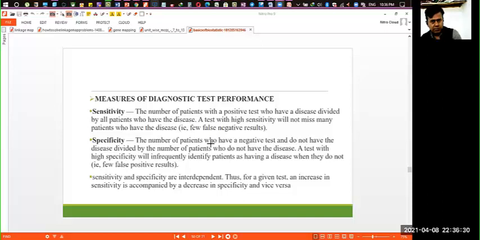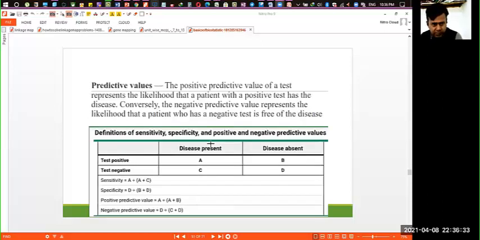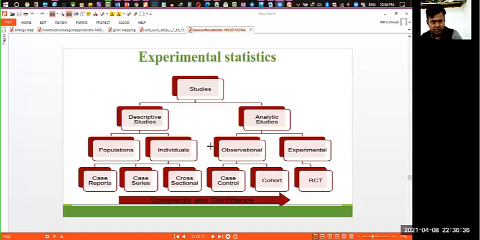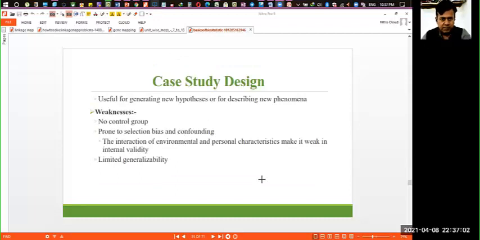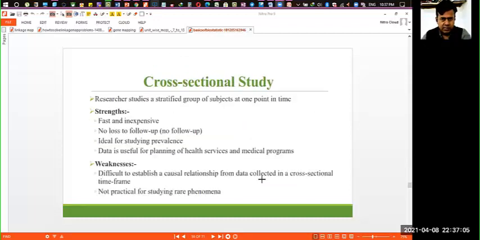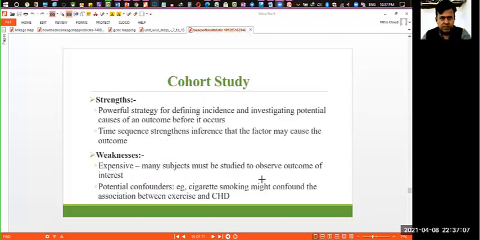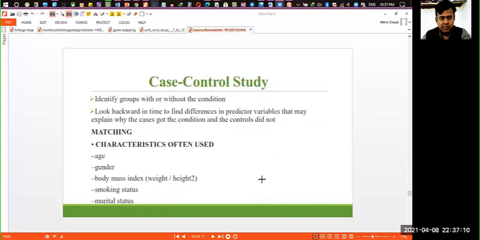But tomorrow we will be discussing more specifically the calculation part, that is called experimental statistics. So you can see this is the summary of experimental statistics: descriptive studies, and then analytical studies. Descriptive studies are conducted over the population, may be conducted by individual. So you have to go for all the parametric, non-parametric testing, and then you can apply the hypothesis, and then you can test based on the p-value, right? So there may be various kinds of studies conducted: cross-sectional study, cohort study, case control study. That is very important in the case of biological study.